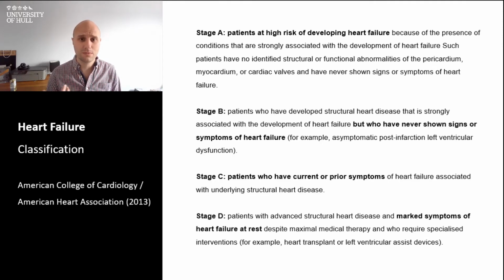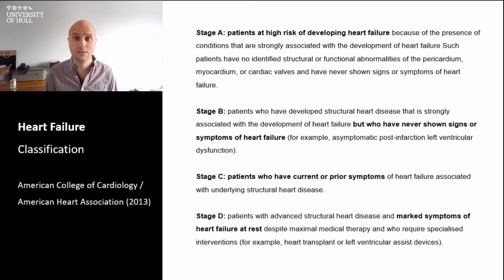Now, the symptoms might be classified. Don't worry, I'm not going to read every little bit of this. They have been classified by the American College of Cardiology and the American Heart Association. Essentially, stage A is somebody who has risk factors for developing heart failure. Stage B is somebody who may have actual cardiac injury, perhaps they've had a myocardial infarction, for instance, but is yet to demonstrate symptoms. Stage C is somebody who has both some heart injury and is demonstrating symptoms, and stage D is somebody who, despite maximal therapy, is still getting dyspnea and fatigue and all of the other symptoms that go along with heart